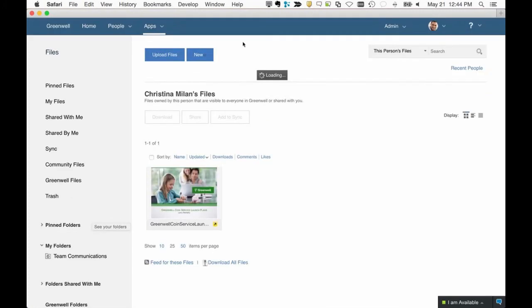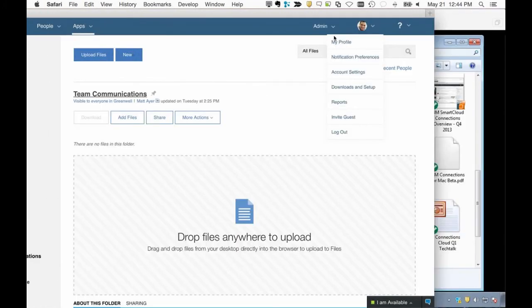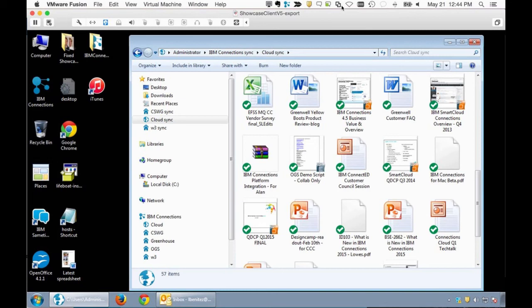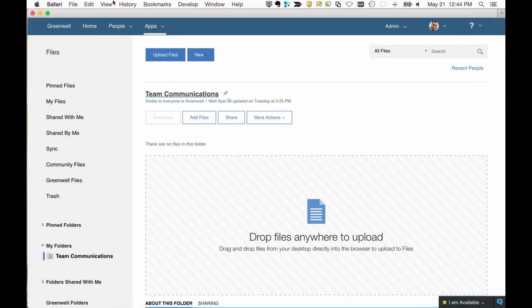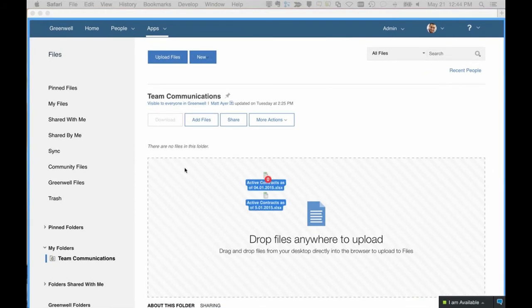This folder is currently empty, so let's go ahead pretty quickly and upload a new document. The way that I do that is as simple as drag and drop. You can take a file from your desktop and drag and drop it into the browser. You can do multiple. I'm trying to find a document that's not confidential. One sec. Just two. Okay, so I can take just two documents from my desktop, upload them into the system, and then